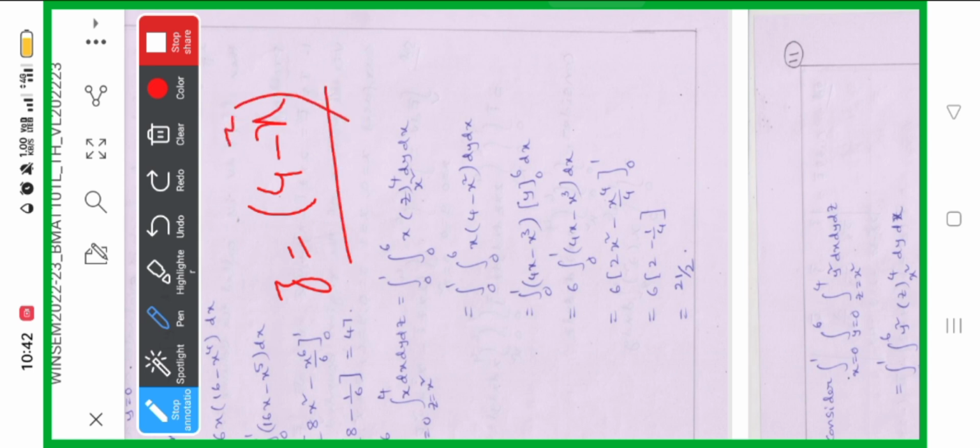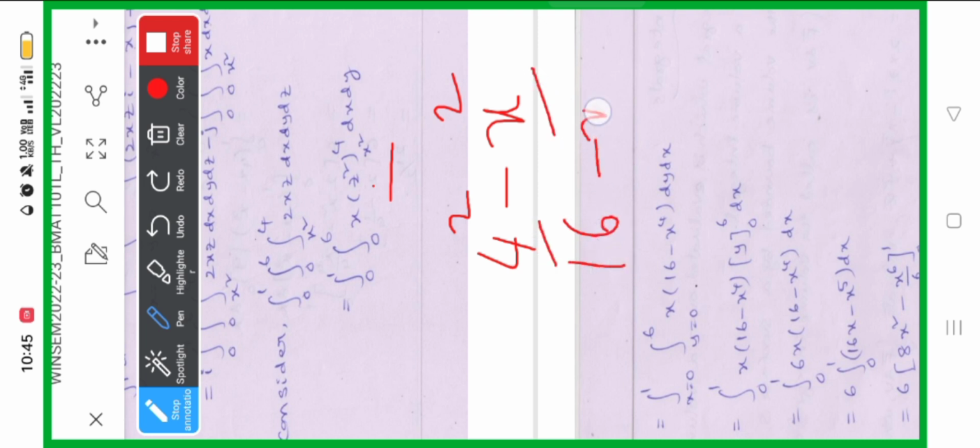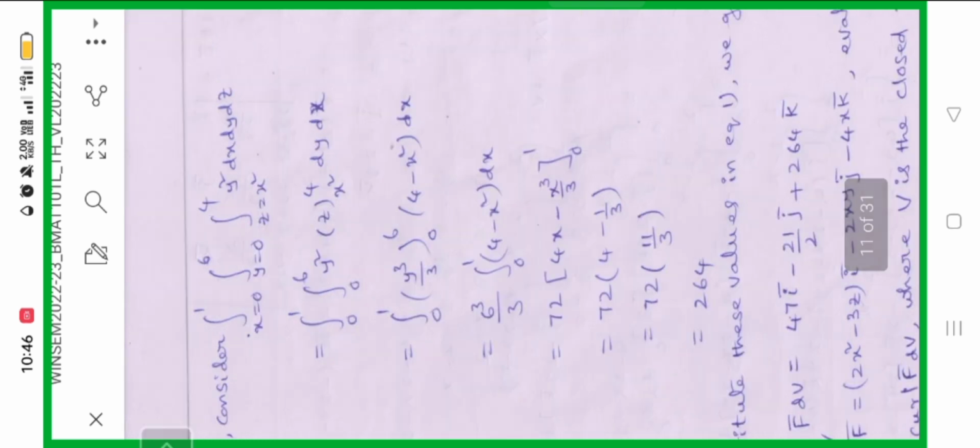We are entering the value 4 minus x square. Okay, here we have z square, so z is like 4 square minus x square. So z is equal to the upper limit and lower limit. It is nothing but 16 minus x to the power of 4, upper limit, and this is the lower limit. Now considering the f3 component, that is the f vector, that is the k component, y square dx, dy, dz,